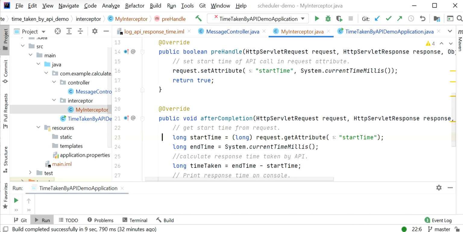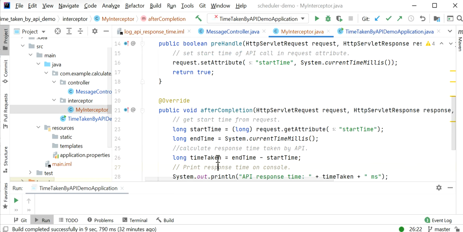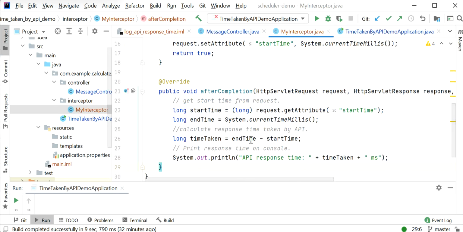After getting the start time, I will get the end time using System.currentTimeMillis. Then I will calculate the time taken by the API using end time minus start time, and print the time taken by the API in our console. Here we can use the logs.